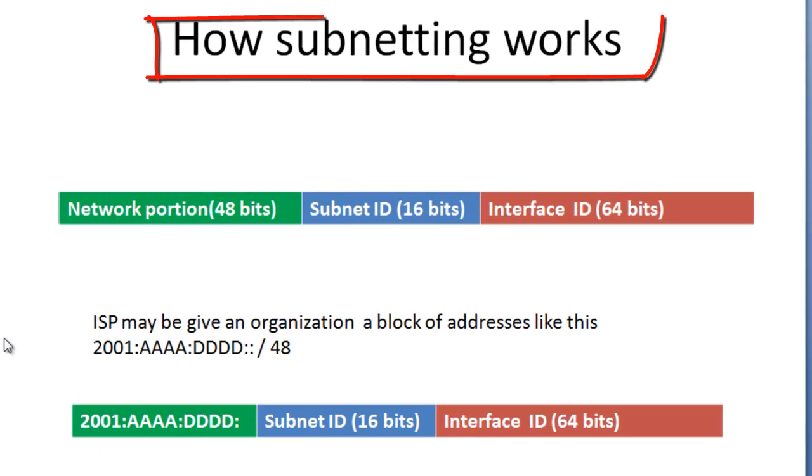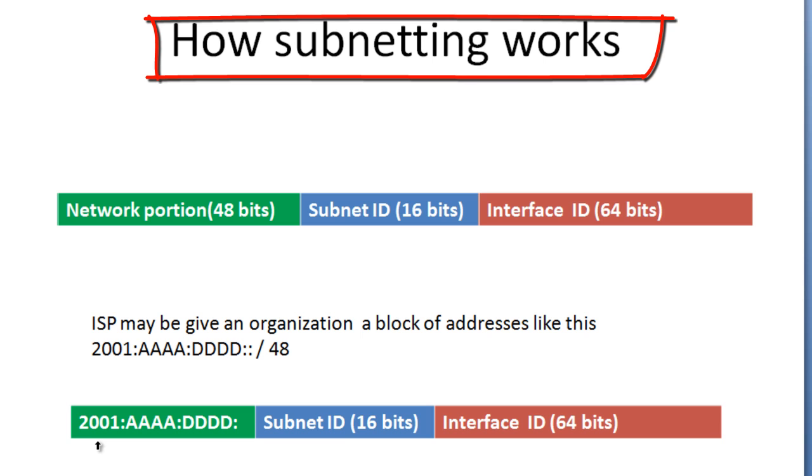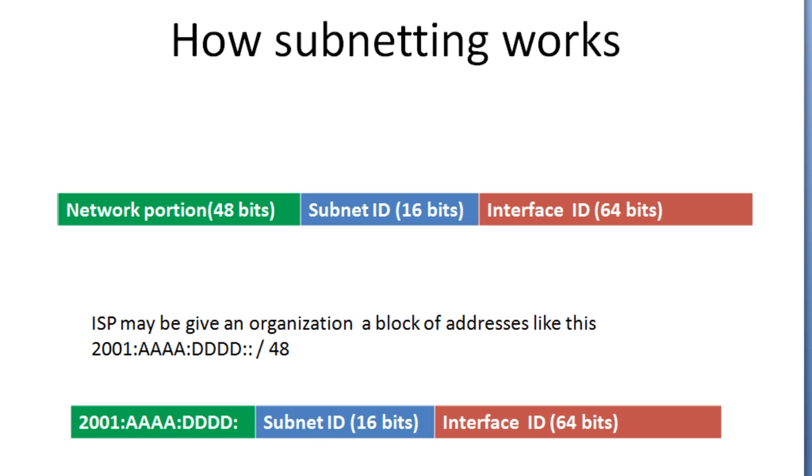So you may ask the question, how are we going to do subnetting in the IPv6 world? Subnetting is going to be easy, because the host devices in IPv6 will get public IP addresses, or I can say internet addresses, unlike IPv4, where usually the hosts on the LAN don't get public IP addresses. But in IPv6, the hosts will get public IP addresses. So the ISP is going to give you a /48,